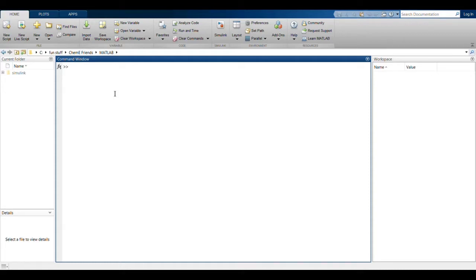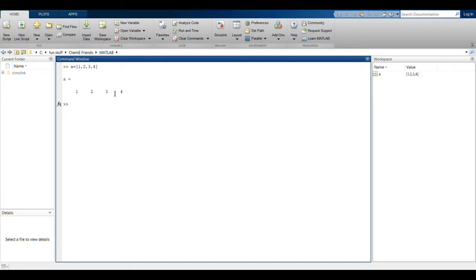First let's begin with a row vector, or a row matrix. We start with a square bracket. We are assigning it to A, and we separate the elements using a comma. So let's say we create a row vector called 1 2 3 4, and you can see that we can create a row matrix.